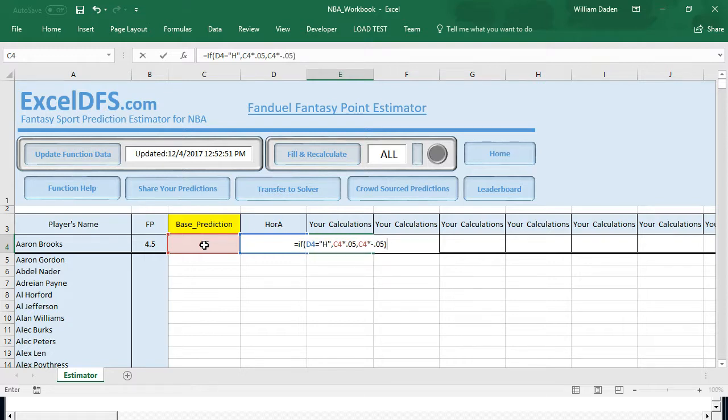So 5% up or 5% down, so he's away, so it's a negative. So I might just say H or A correction,